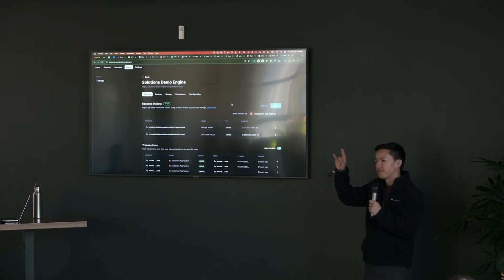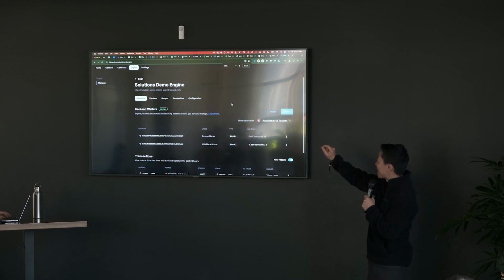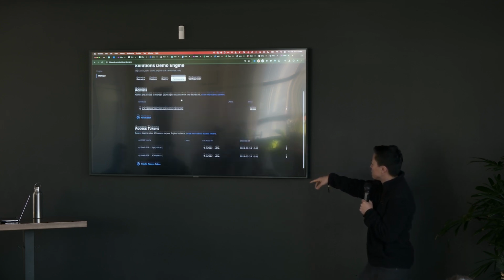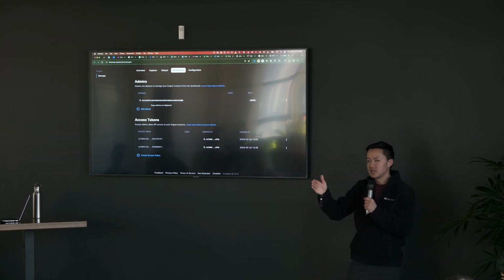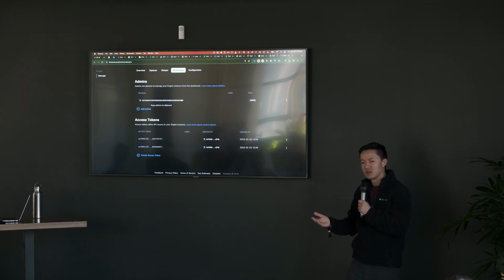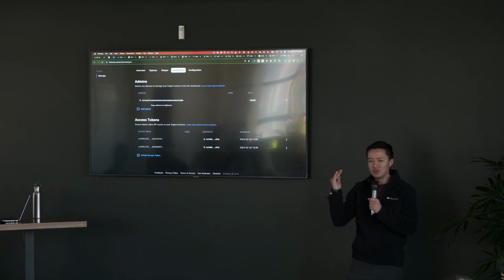And then we have these access tokens that Engine lets you generate. If you just hop to the permissions tab real quick, it lets you generate these access tokens. Think of them as your basic API key. So now your services or your developers can have access tokens. And let's say you have a contractor or an intern who's leaving at the end of the week. You don't want them to have access to your private keys ever.